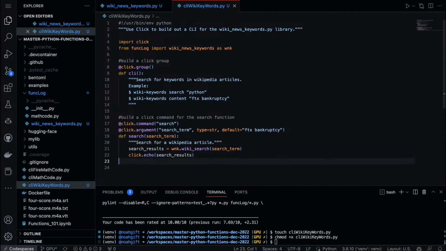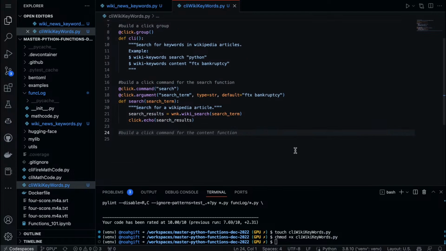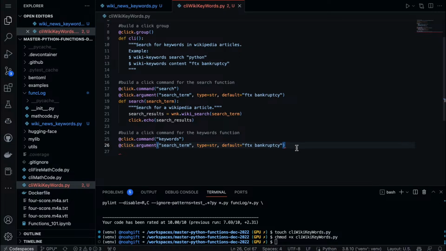There we go. That looks good. And then we can also build out keywords for the keywords. There we go. Here we go. Search term, FTX bankruptcy looks good.